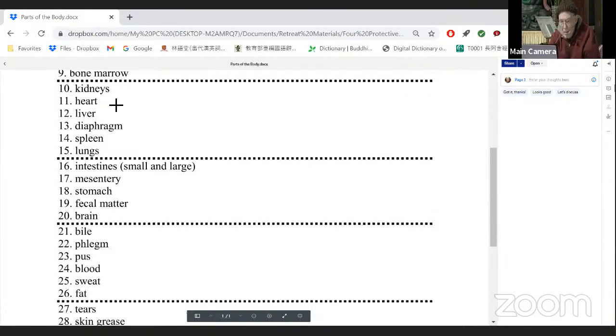Then another group, the internal group: the intestines, which are the large and small intestine; the mesentery, which is a tissue that binds the small intestines to the body and holds them in place. Then the stomach, then the fecal matter or feces, which is building up in the rectum, and then